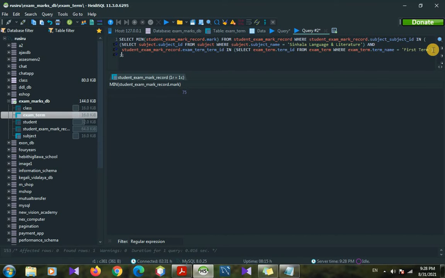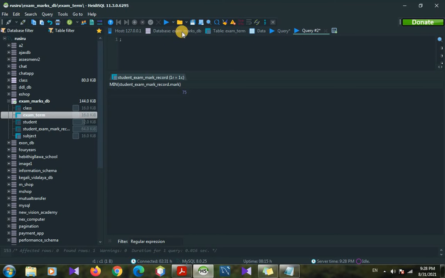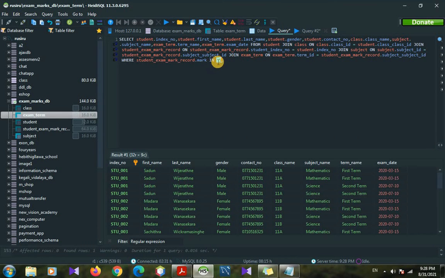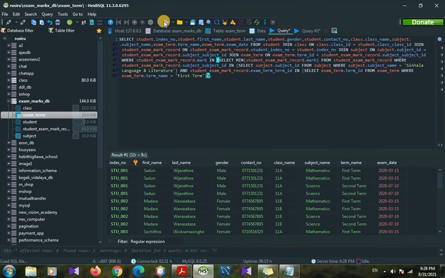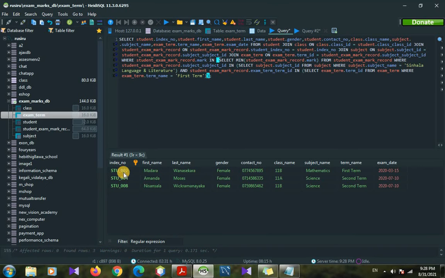So we can make this whole query a subquery. So I will take this query without the semicolon. I will cut it and go to the main query tab and paste it inside of these brackets. So now if we run this, it's coming all the marks that have 75. So here it's asking